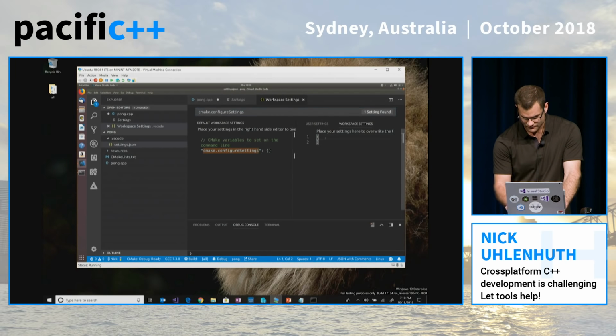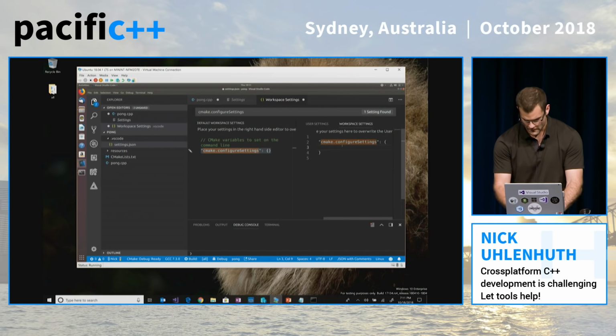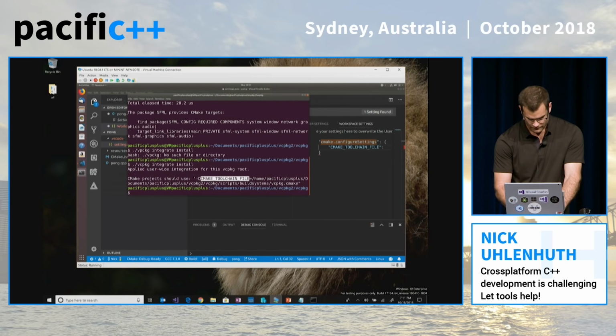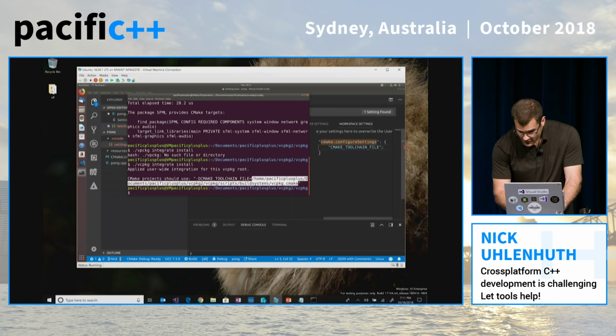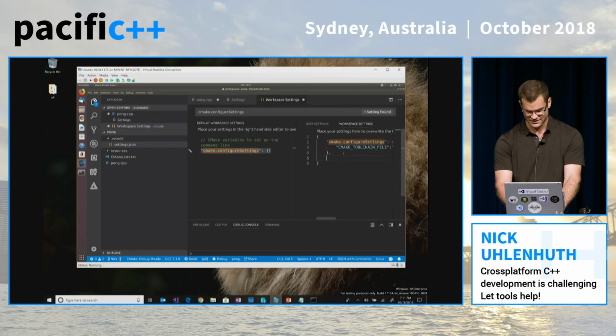Go workspace settings. And I like to just copy this chunk of code here that's on the left and just paste it over here to make my life easier. And all I need to do is just go back into that terminal where I had vcpkg, and it gave me this toolchain file. And I'm just going to first copy the CMAKE_TOOLCHAIN_FILE part of that variable name. And then follow that with the path. And then the last thing that I want to do is just specify a build directory, so we can just do